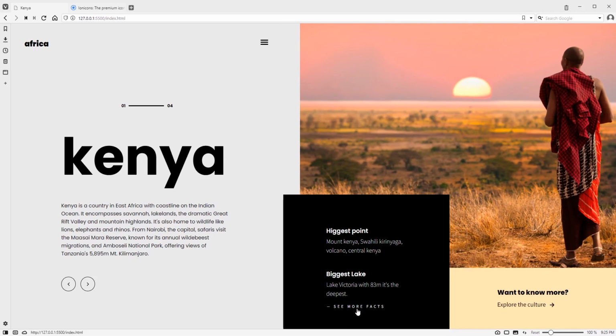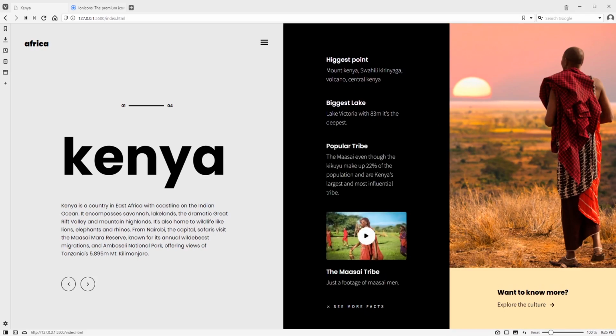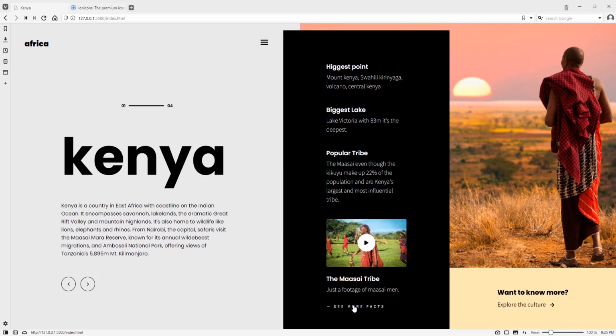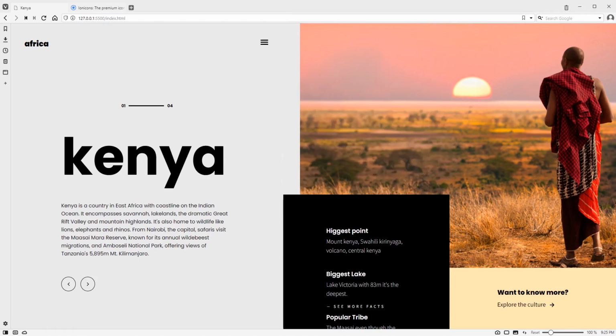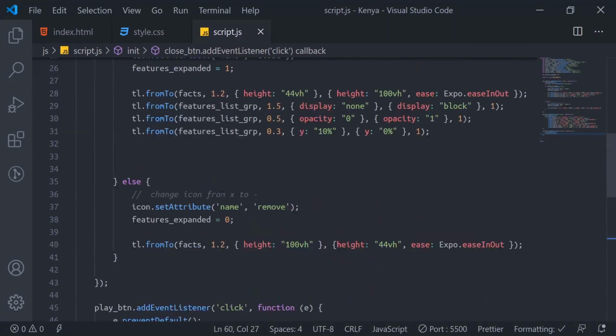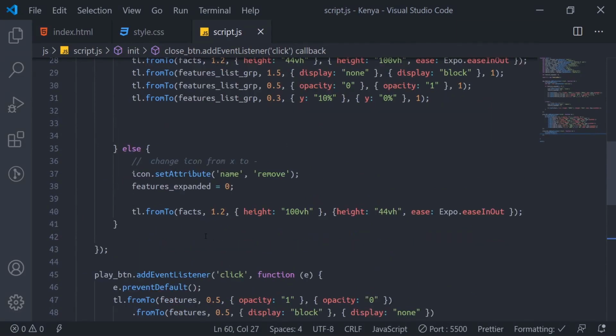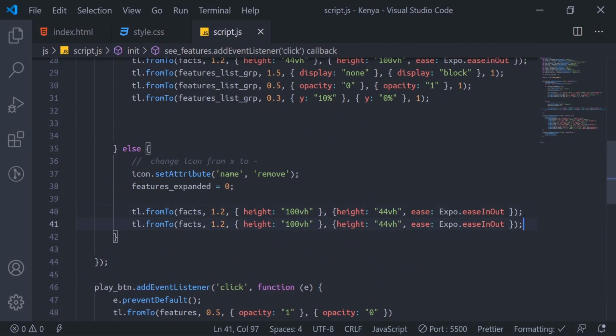Another thing is, if we click on this see more, it doesn't say we'll click back and they go down, but this one is still visible. What do we do? This else statement here, we target the features list.